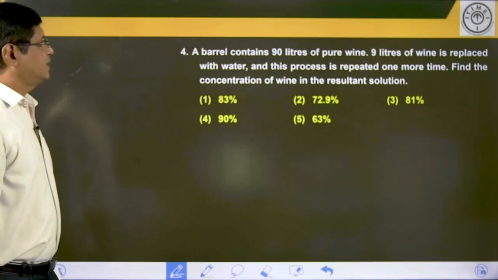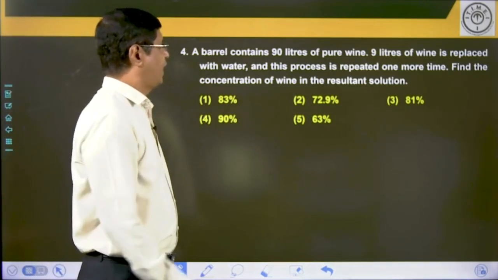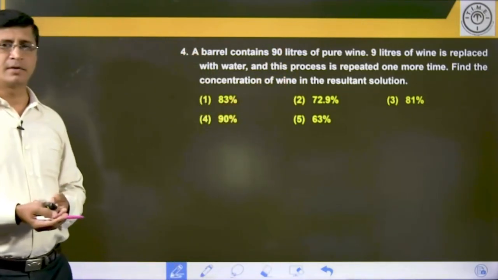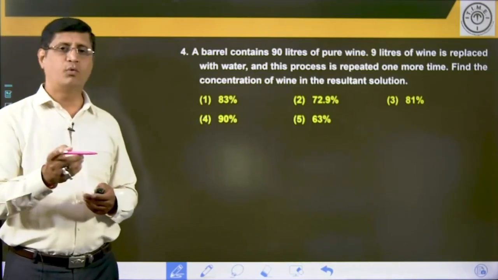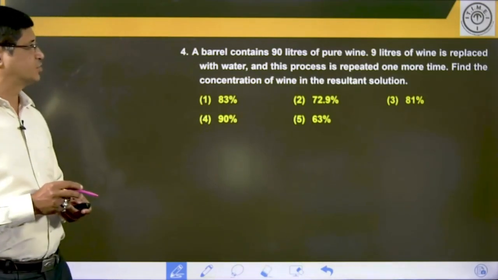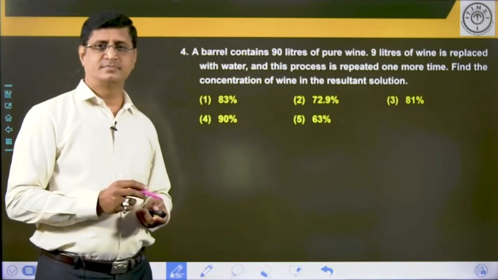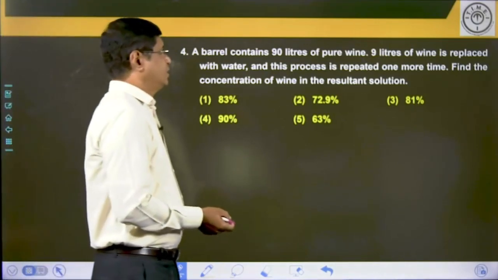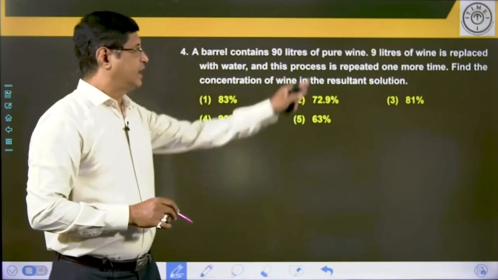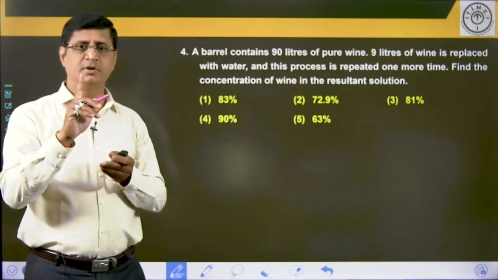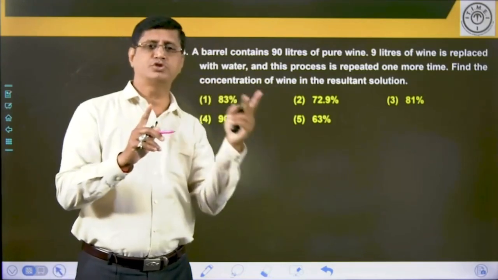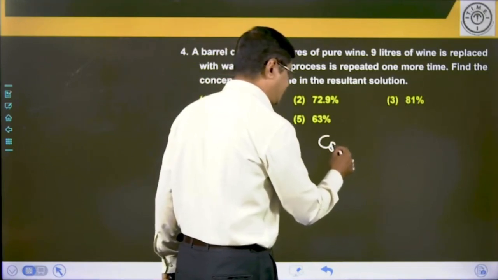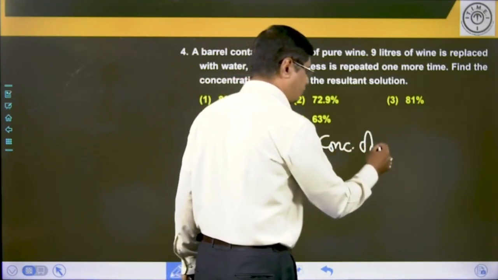A barrel contains 90 liters of pure wine. Okay, 9 liters of wine is replaced with water and this process is repeated one more time. Find the concentration of wine in the resultant solution. It's a very simple and easy question. Looks tricky, but very simple. 90 liters is the initial quantity. 9 liters is taken out one time and the same process repeated one more time, means total 2 times it is repeated. So what is the concentration? Please note down, concentration of wine